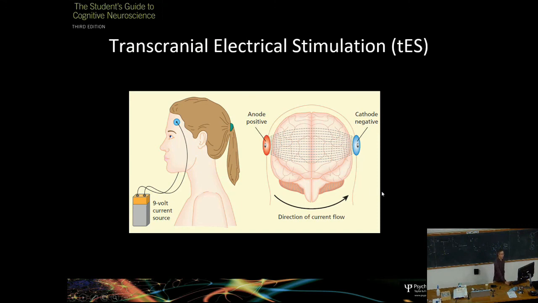And in direct current, you've got an anode and a cathode, and what that means is the direction of the current is flowing from one direction to the other. Sometimes you would put the one that you're not interested in on another part of the body, like the shoulder. So you might have one electrode on the head, and the other would in effect be your control electrode that isn't going anywhere of interest to you, for instance. In this example, it's two parts of the